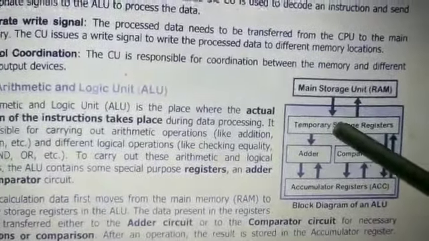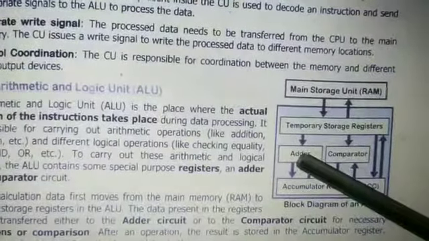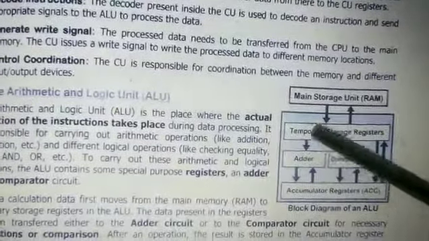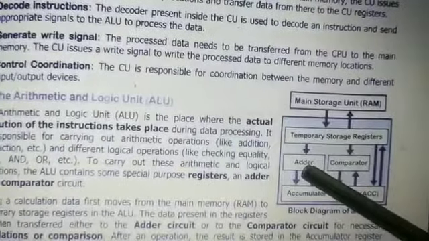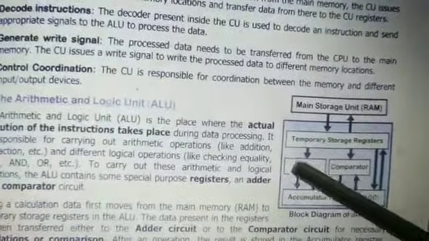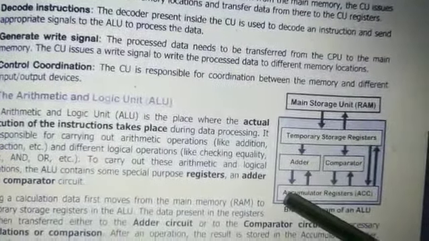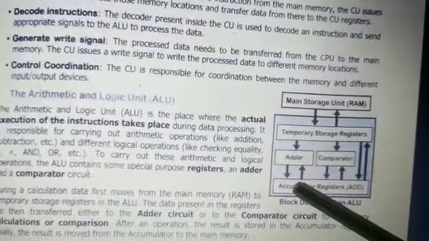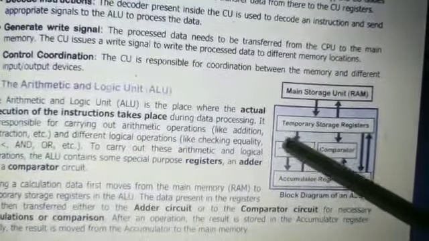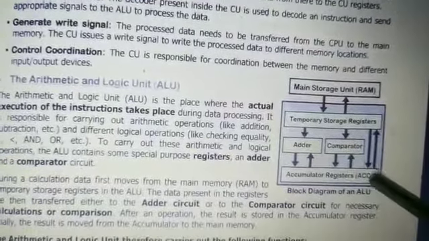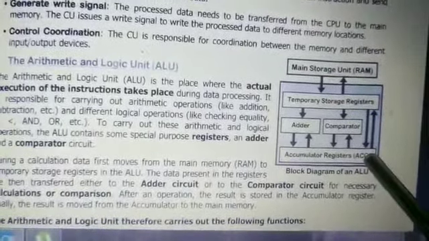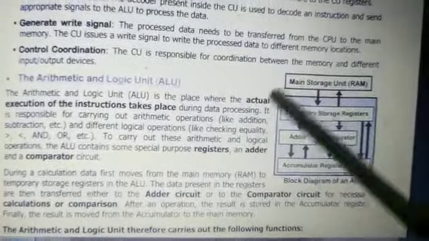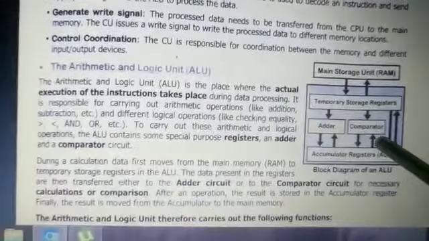From that, we understand whether we have to do an addition, or we have to compare two pieces of information. If we want to add, then from the temporary storage we will take the operands and add them over here, and here is the accumulator register. What is the purpose of the accumulator register? The accumulator register will store the result of the operation. When the result comes here into the accumulator, the accumulator will send the result to the main memory. This is how the ALU does the processing.